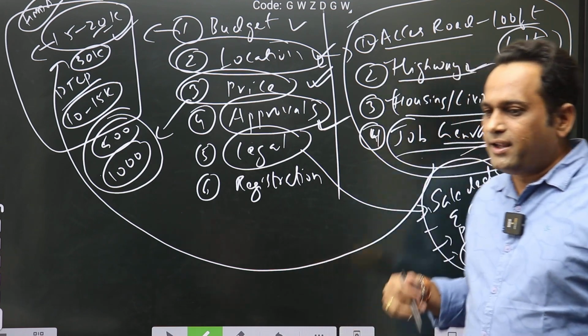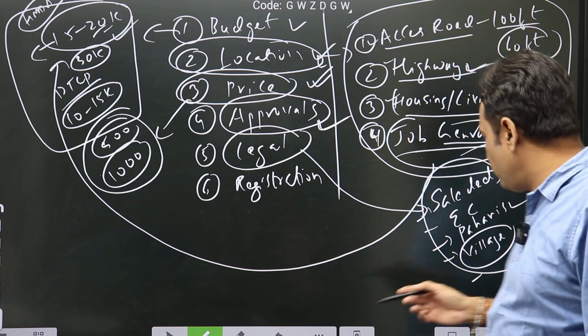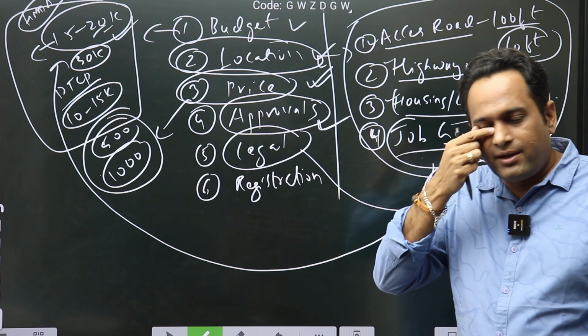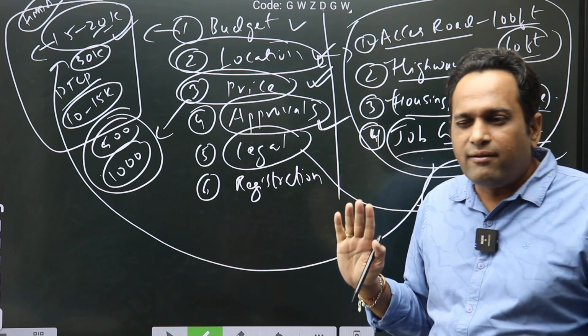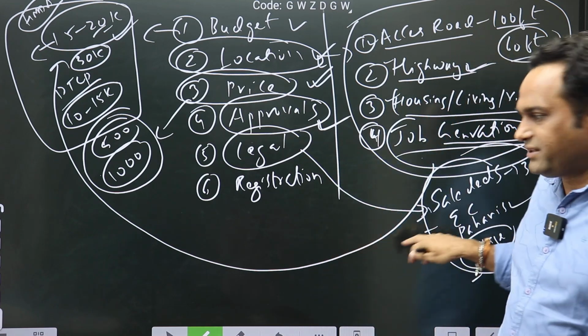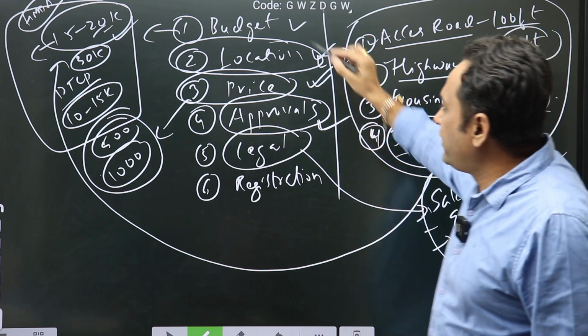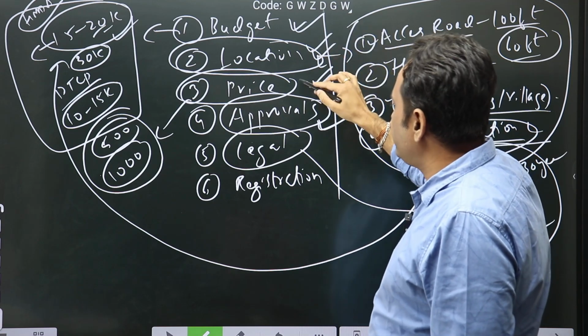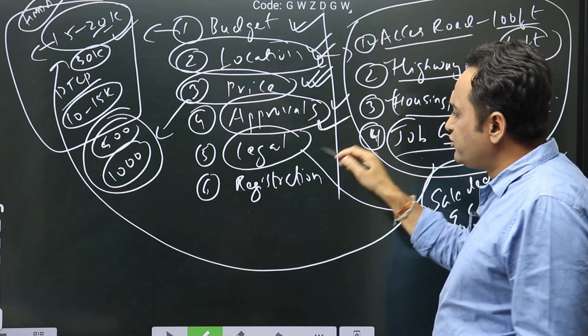Okay. But if already an HMDA permission is there, as I said, most of this will already be checked and satisfied. Because generally work good అయిపోయింది కాబట్టి పెద్దగా ప్రాబ్లం ఉండదు. 99%, 99 కూడా కాదు, 95% they are safe. But still for your satisfaction, you can do this. Now you got in your budget, you got a good location, and based on the location, you got a good price. They have all approvals also, legally also safe.